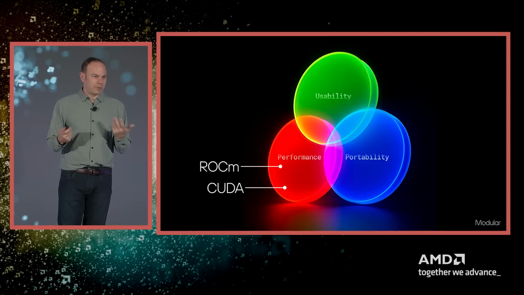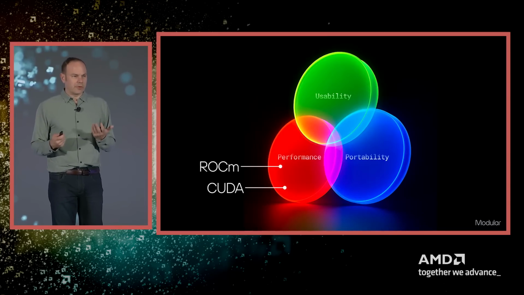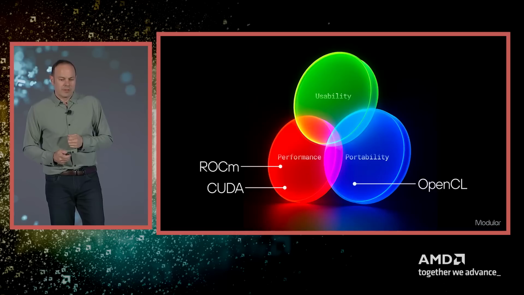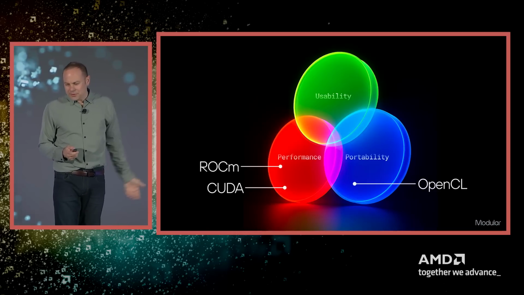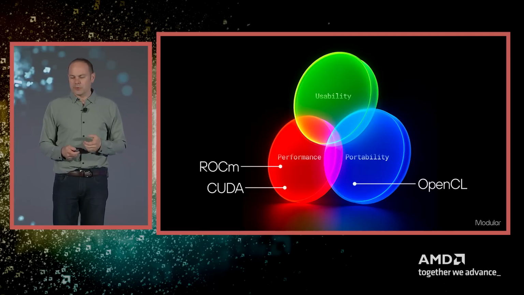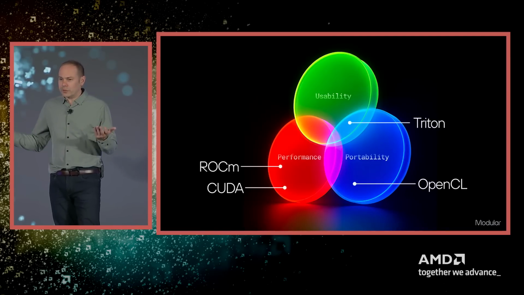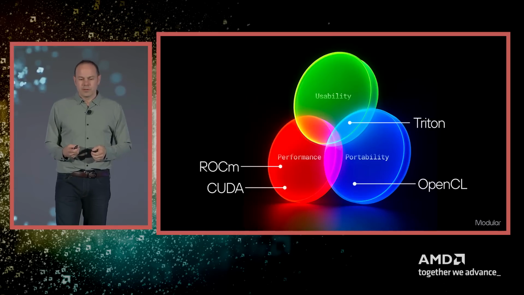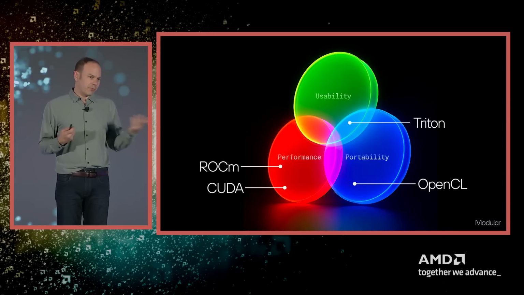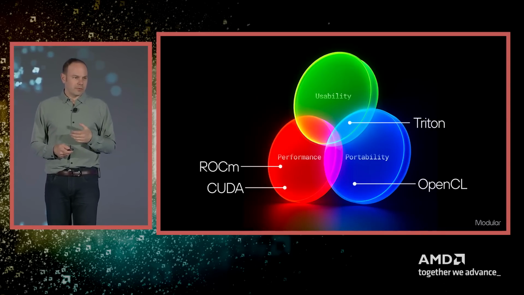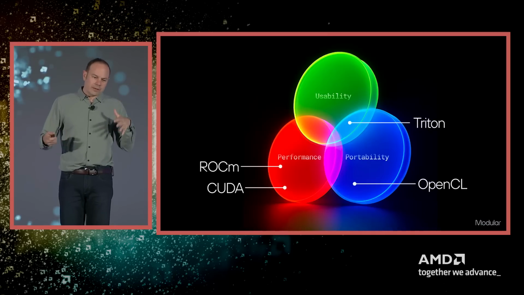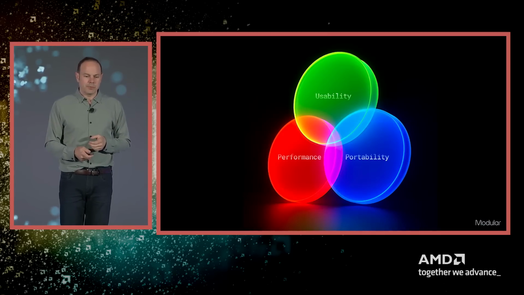So what do we see when we look at the world out there? Well, there's a lot of really great software out there. ROCm is amazing, it's open source, but it runs on one vendor's hardware. There's other things like OpenCL, a thing I worked on years ago that tried to unify compute, but it gave up all the performance and it's not very usable and things like this. There's also other cool things like Triton that lots of people use and love. It's really amazing at making it more usable and it gives you portability, but it also gives up performance as part of the trade-off. Now this is, I think, AI software as we know it today, lots of trade-offs, lots of different things. They're all built by different groups and different people.